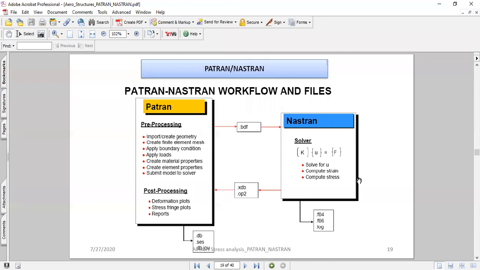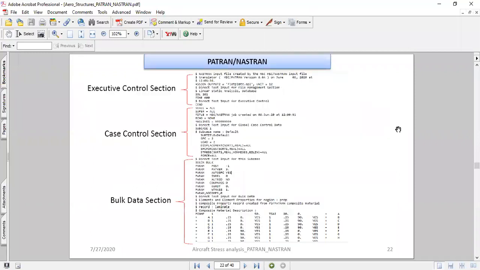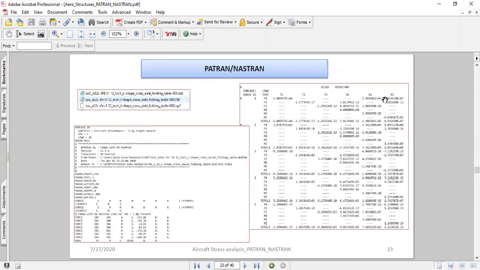And whenever the solver runs the analysis and prints the results, it generates the file called F06, which has the results. The equivalent to F06 is the OP2 or XDB file, which is the binary file used for graphical visualization that could be imported into the post processor and visualized. Now I'm going to show you some of my projects as case studies.